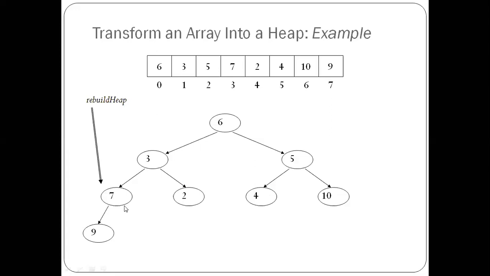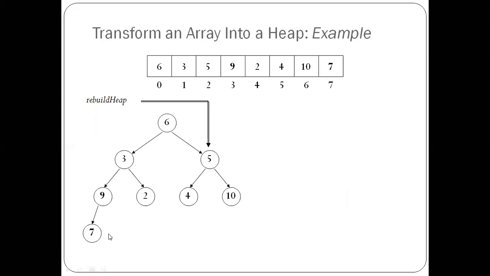That means you check whether this parent is satisfying the heap property, that is, whether it has a higher value than its children. No, it has only one child, but the child has the higher value, so it is not satisfying the parental property. In that case, you should exchange the values with the larger of its children. But here it has only one child, so directly you can exchange.